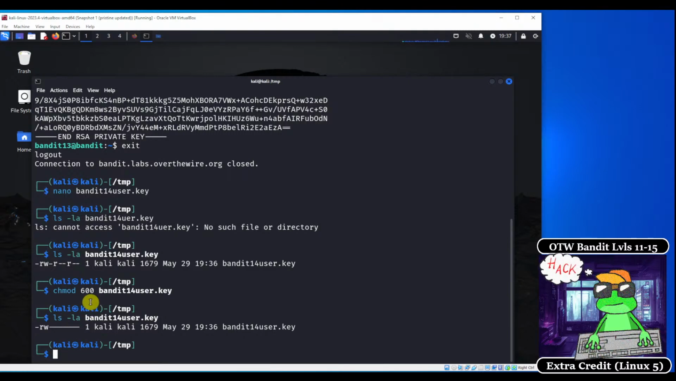Because we've changed the file permissions on this file, the only user who is able to read or write to this file is the file owner. And we need to make sure that this is the case if we want to log in using SSH using this file over here. So let's do that. In order to log into SSH using an SSH key file, we need to add the following flag. So it's going to be -i, and then we need to provide the name of the SSH key file. So it's